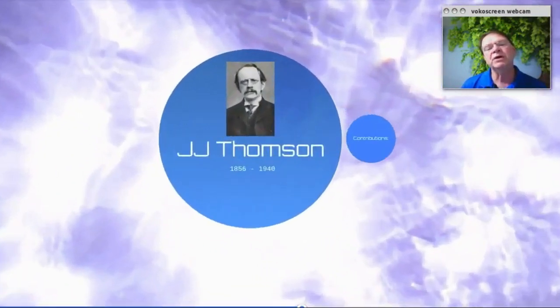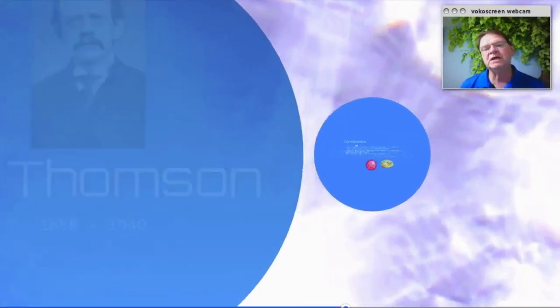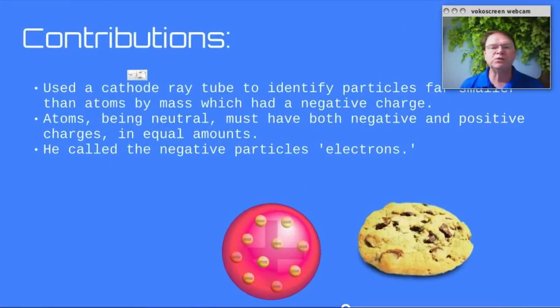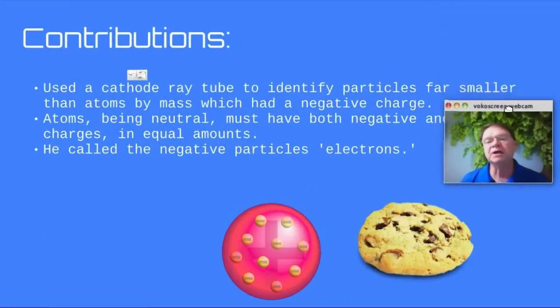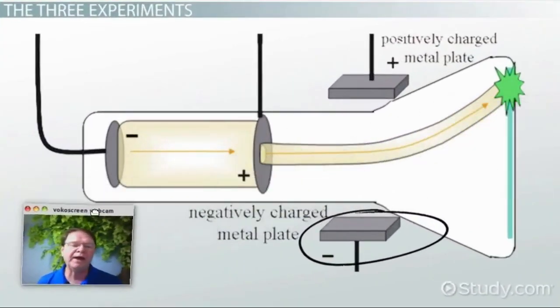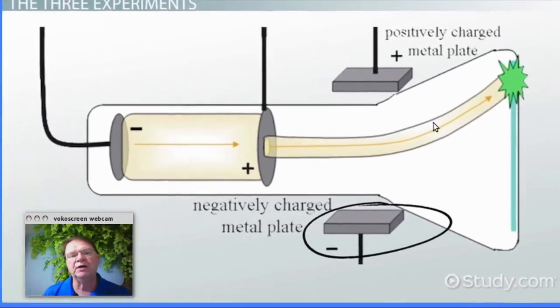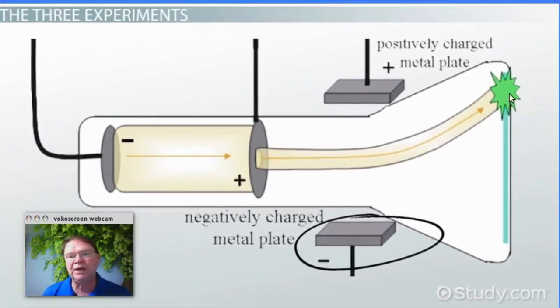It was up until a couple decades later, J.J. Thompson, in the early 20th century, in his own experiments with a cathode ray tube, was able to come to a startling finding that had to do with these little structures. First off, what do we mean by a cathode ray tube? Well, you have a glass tube that has some phosphorus coated on one end. The air is sucked out, and if you run a very strong electric current through that, you can get this path of electric charge that lights up the screen at the end.